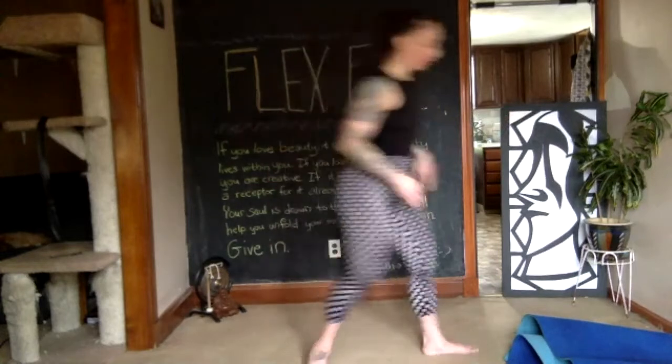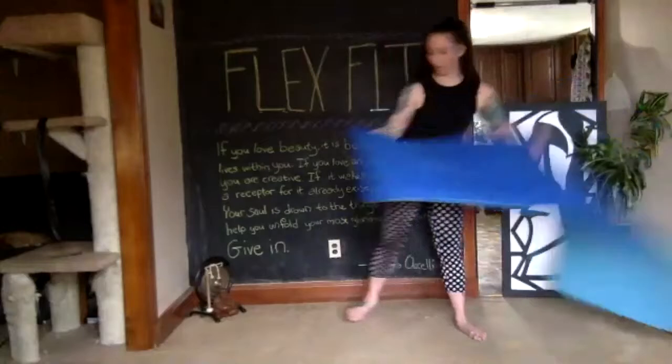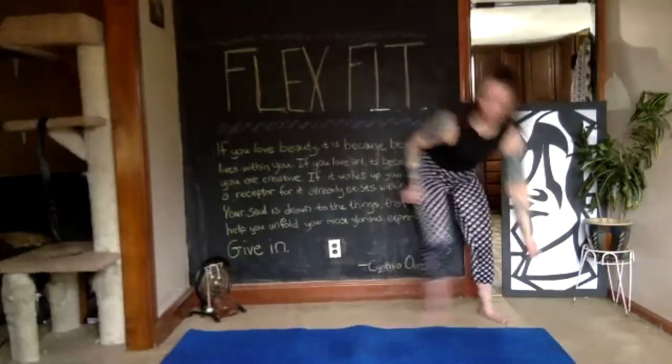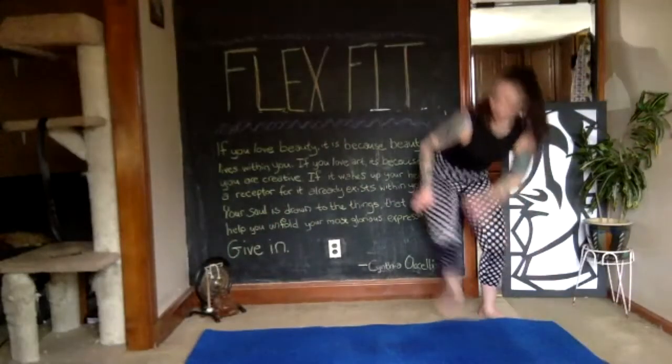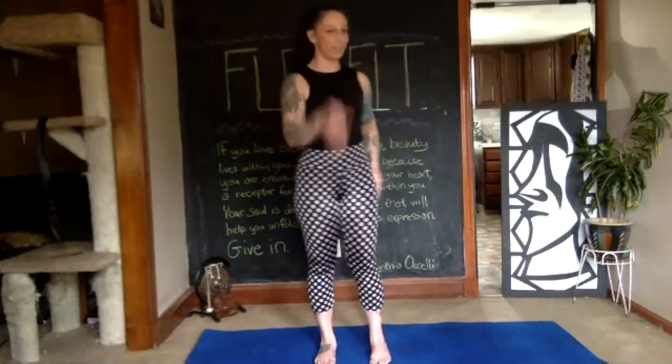Excellent work. All right, next we're gonna work in a squat. I'm gonna bring my mat back because we're gonna move back to the floor. Oh my gosh, we need to hurry. We must hurry. All right, so in our squat position, I'm gonna do these facing this way so you can see what's going on,